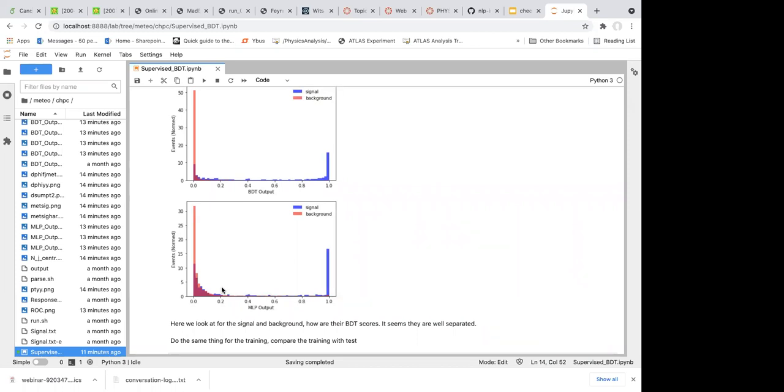I'm not saying that the DNN method is worse than the random forest. The performance of different methods really depends on the configuration of your hyperparameter and the structure of your input data set. For example, usually for high energy physics, for particle analysis and classification problems, the random forest is in most cases better than the DNN.